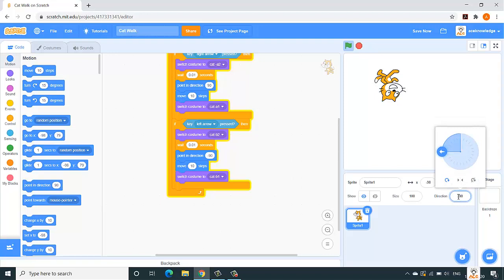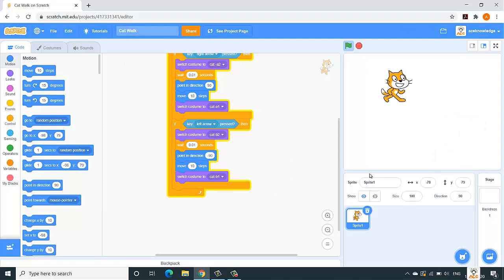Okay, so you can click on this direction and simply select "do not rotate." So click here, it won't rotate now. Point in direction will point to -90, but the object won't rotate. So if I go to the right, yes, it is moving to the right side. If I press the left arrow key, yes, it is moving to the left side. So there is no wrong in our code.